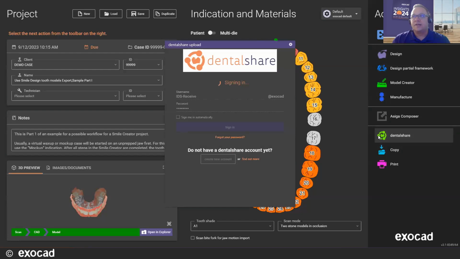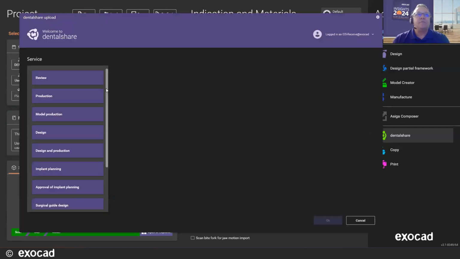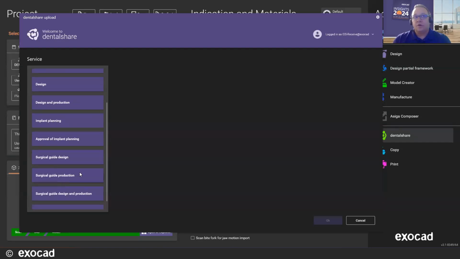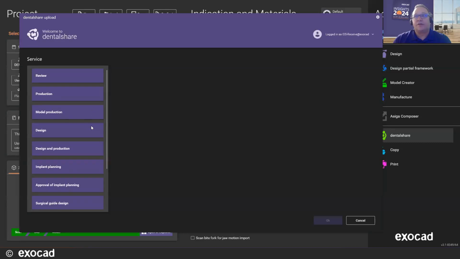So as I select DentalShare, I'm going to move my window up here. So basically, I have the case loaded. I selected DentalShare, and then from there, I select what type of service I want. So whether I want perhaps a dentist, if I'm a lab, if I want them to review the design, or if I want production or model production. So a lot of different options within here. So any type of restorative workflow that you're doing or appliances, you can quickly share that